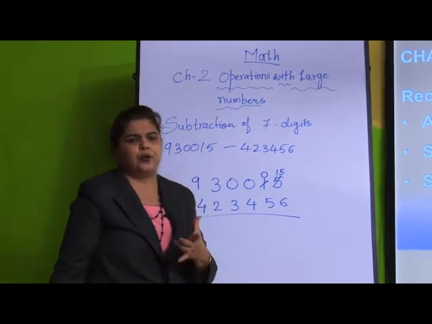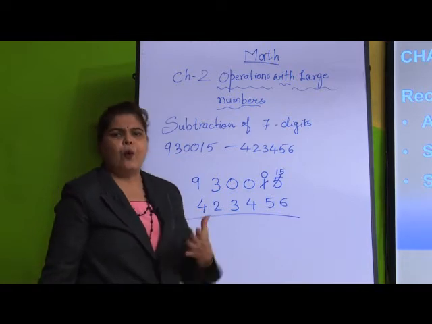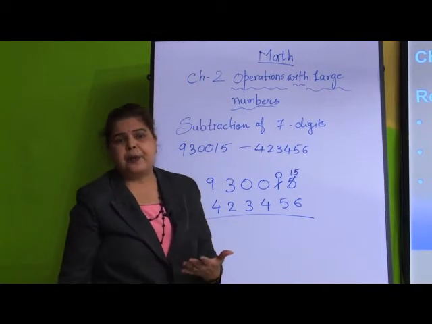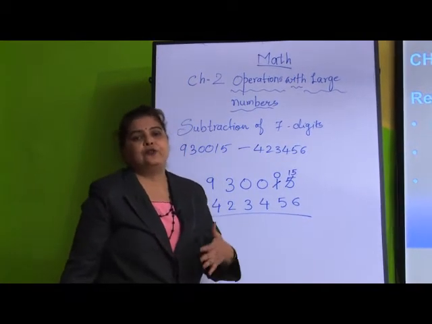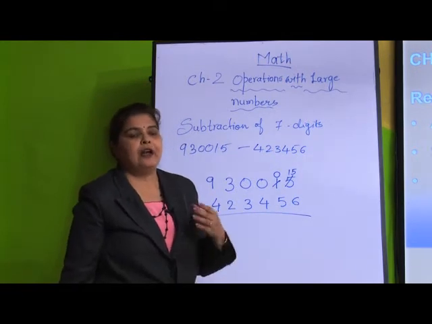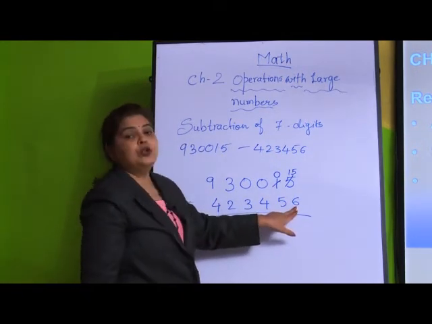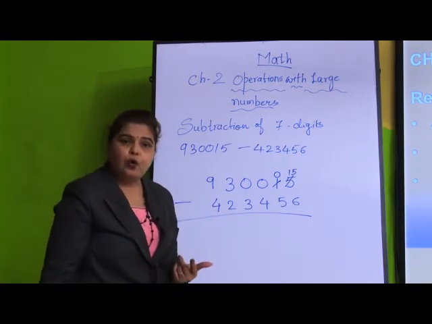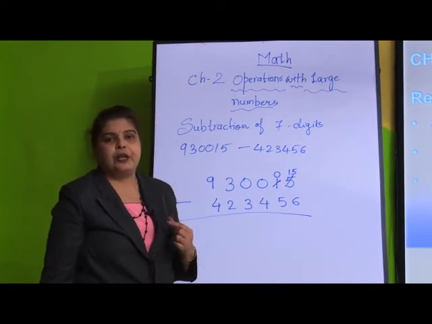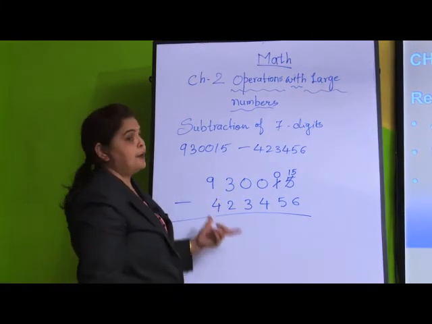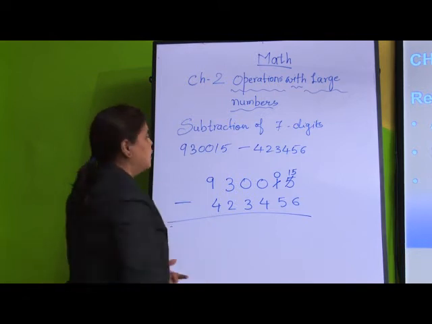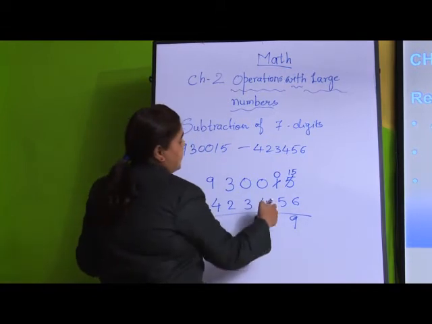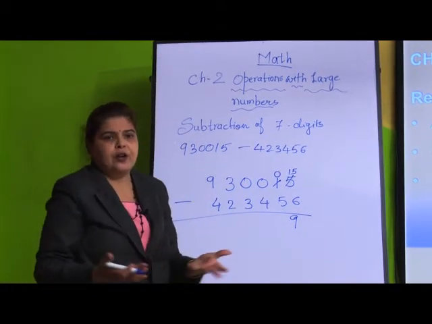I will give a small trick to you, very small trick. When it is near, 9 plus 6, 9 plus 5, 9 plus 2, that will be the next number. So, it will be very easy for you. 9 plus 6 will be 15. I know that you have to keep small additions in your mind, which will help you in subtracting or adding numbers. So, here 15 minus 6 is 9.